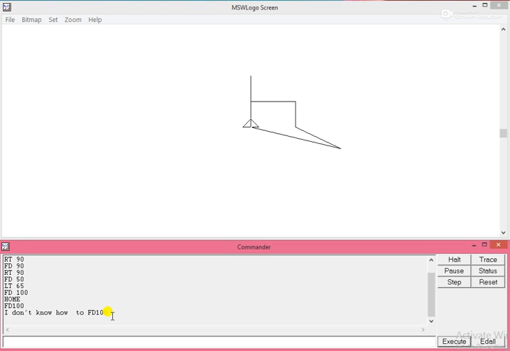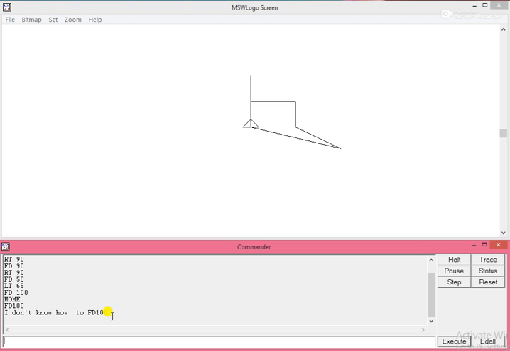It means you have to give a space between FD and 100, then it will work. You will find this error in Logo if you type FD100 without a space.